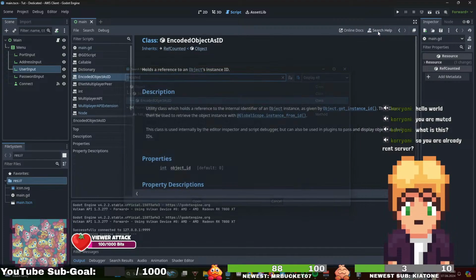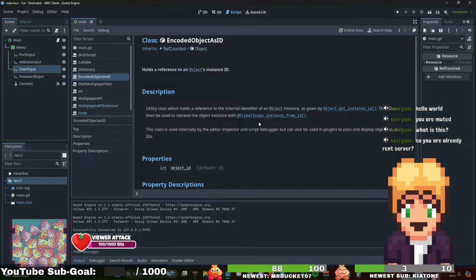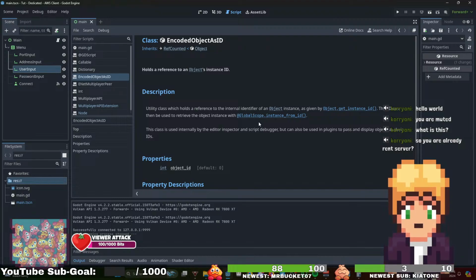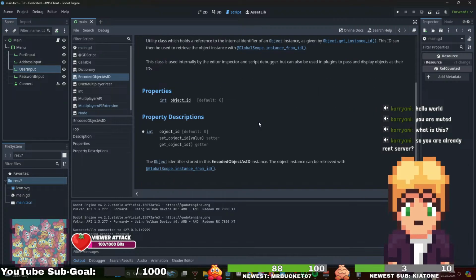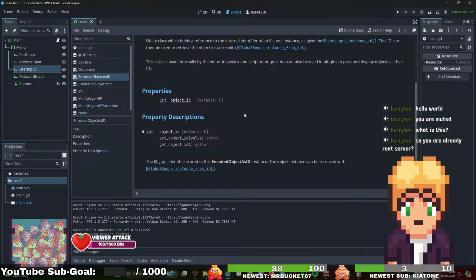Encoded object as ID, which holds a reference to the internal identifier of an object instance as given by object.getInstanceID. This ID can be used to retrieve the object instance with global scope. The class is used internally by the editor, inspector, and script debugger, but can also be used in plugins to pass and display objects as their IDs. We retrieve via